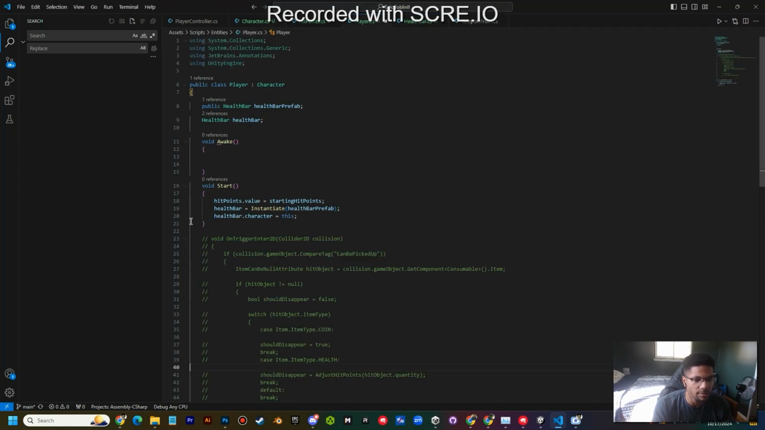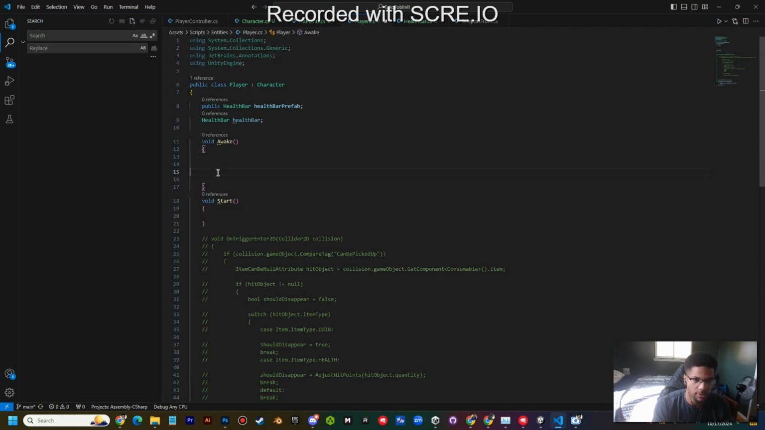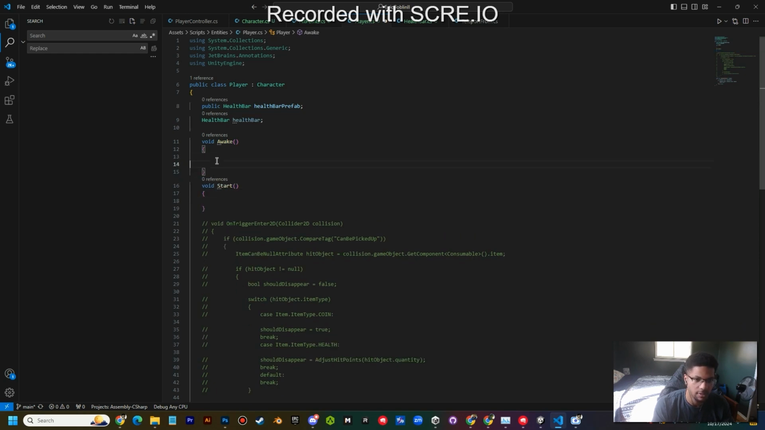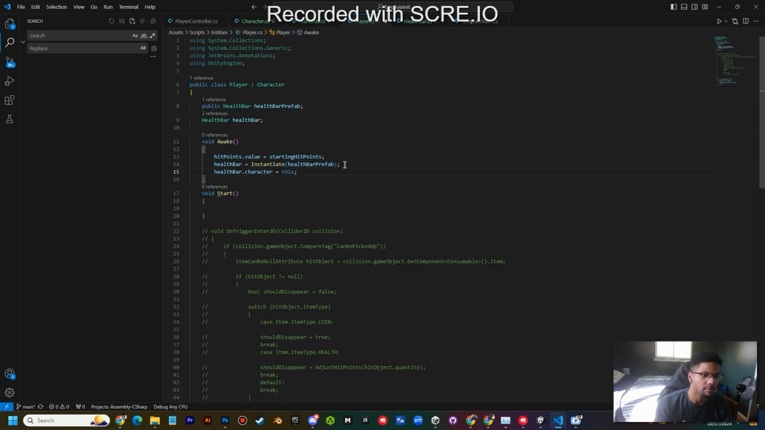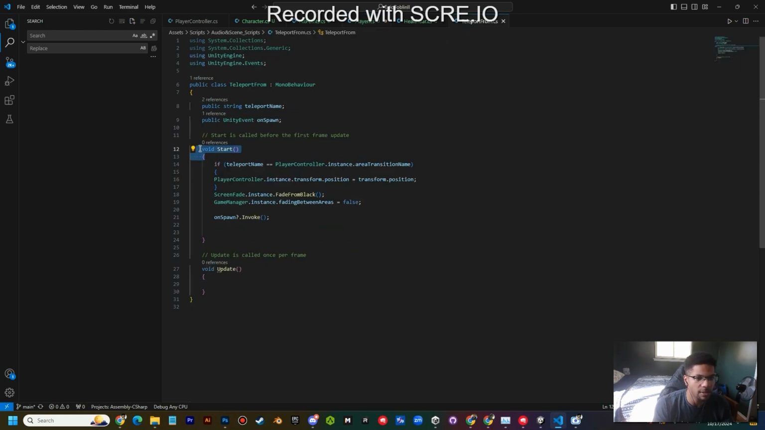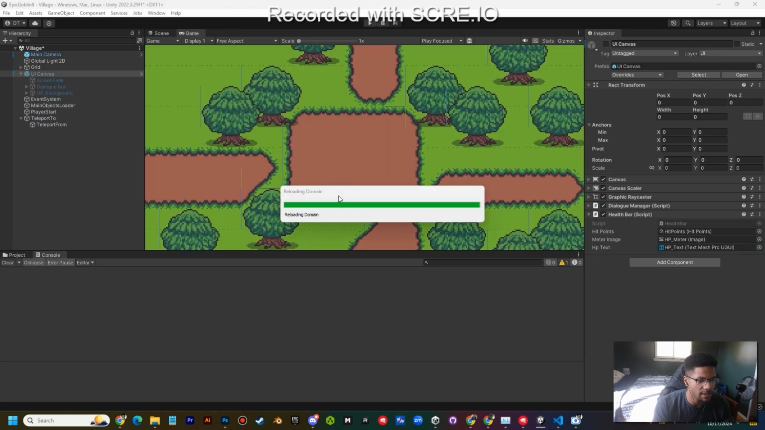And then on the player script, I'm going to change everything that's in the start function into an awake function, so that it instantiates this canvas before this start method is played on the teleport from script, because that's going to cause some issues. So I save that, go back to Unity,